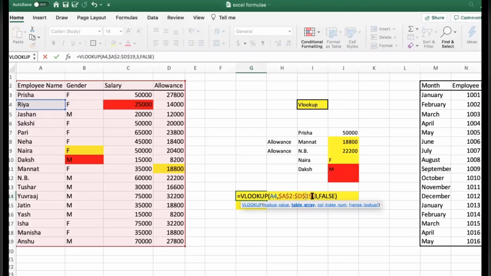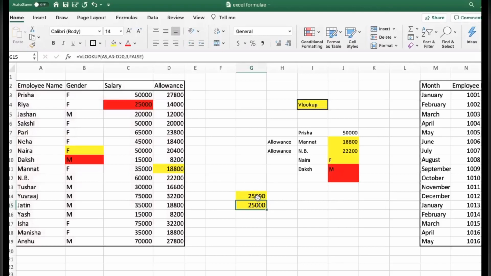What is the reason for doing that? By doing this, we can freeze our value. Freezing our value means my table will not change. My table will be fixed. It was not showing the correct value for Jashan, so I have to freeze my value. The next one is column index. That will not vary because I want salary for Ria and for Jashan as well. This will not vary, so I can write 3 only. And for false, I want exact match for both. So that is this one.